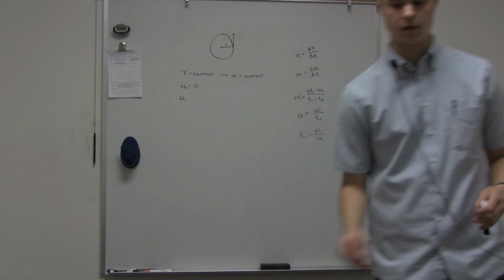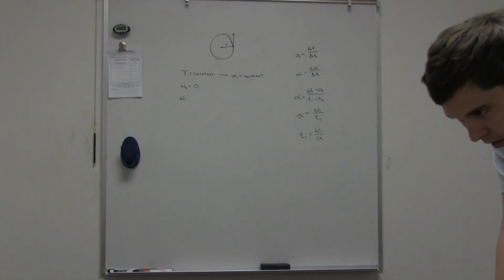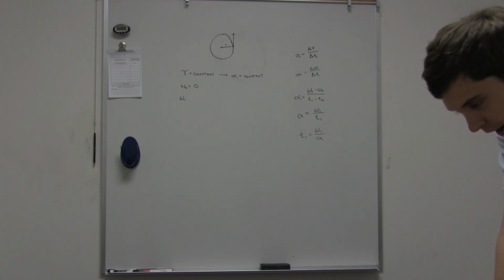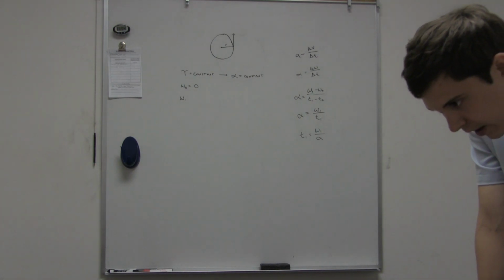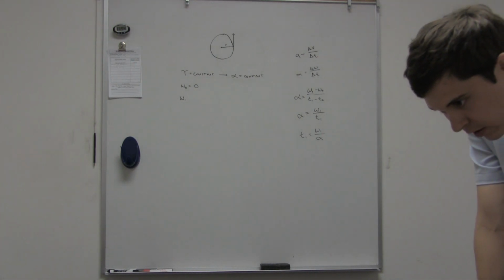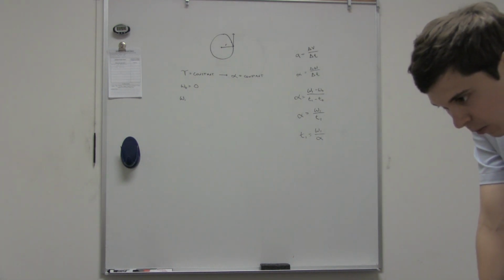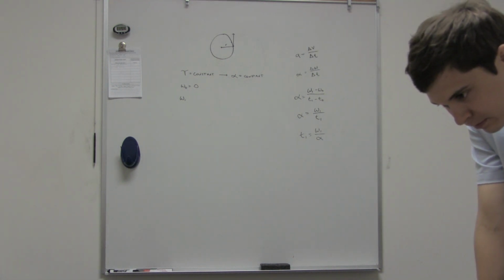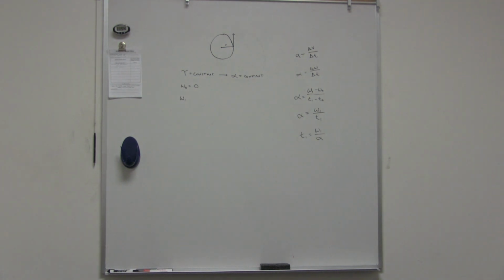What does part B say? I want you to find the angle. So find the final angle, or theta sub 1, through which the flywheel will have turned during the time it takes for it to accelerate from rest up to angular velocity omega sub 1. Express your answer in terms of omega, alpha, and t. Okay, so